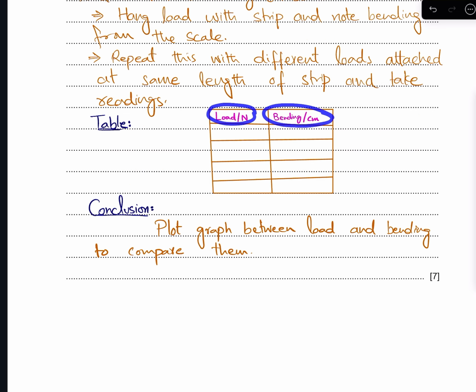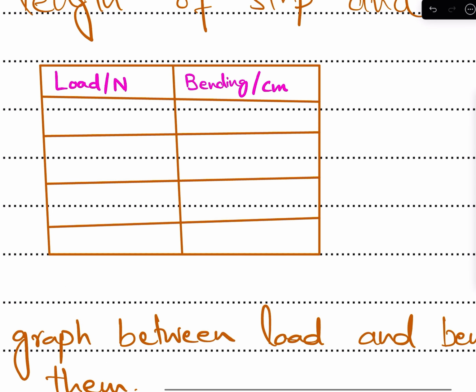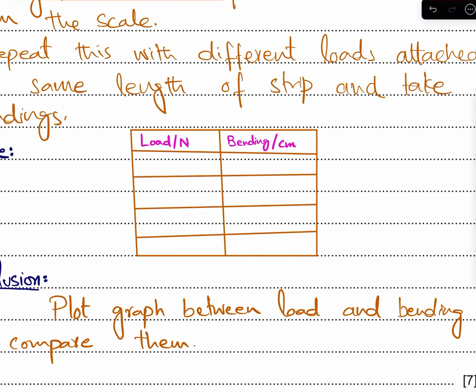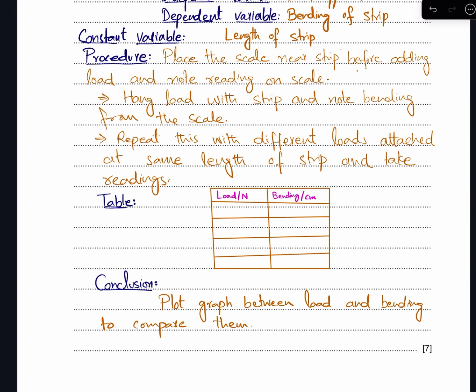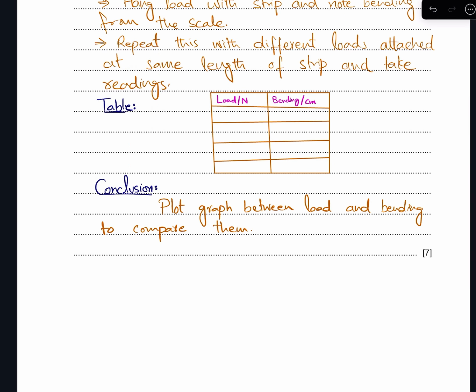देन द टेबल वाज रिक्वायर्ड, टेबल में आपने एक लोड की रीडिंग ली है और आपने बेंडिंग की रीडिंग, दैट इज द फॉर्मेट कि आपने इसमें फिजिकल क्वांटिटी स्लैश इट्स यूनिट्स, फिजिकल क्वांटिटी स्लैश इट्स यूनिट्स। ओके, रीडिंग कभी भी आपने यहाँ पे पुट नहीं करनी, बिकॉज वी आर नॉट एक्चुअली डूइंग द एक्सपेरिमेंट, इट्स द एटीपी।